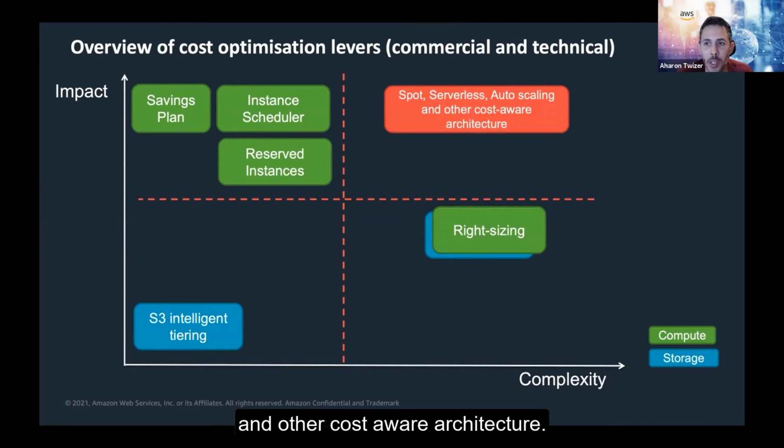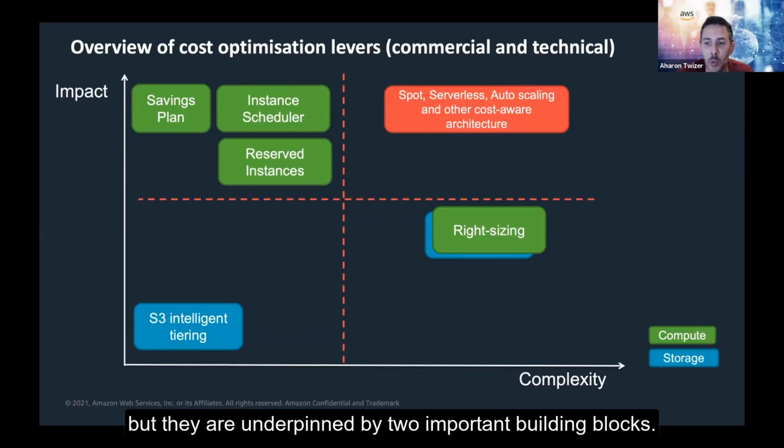and other cost-aware architecture. These activities are more engineering-focused, but they are extremely impactful. They are also usually longer-term projects and require upfront investment to re-architect your workload. Spot is a bit of a special case where sometimes re-architecture isn't needed, and it's actually quite straightforward to do. So this graph aims to provide a better idea on how to classify your cost optimization activities, as well as providing a starting point. And all these activities are nice to know, but they are underpinned by two important building